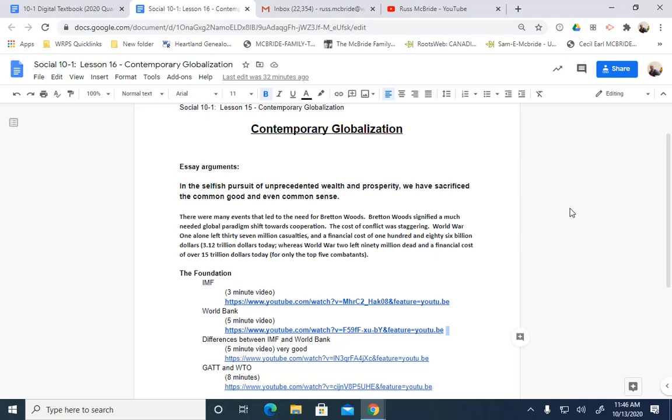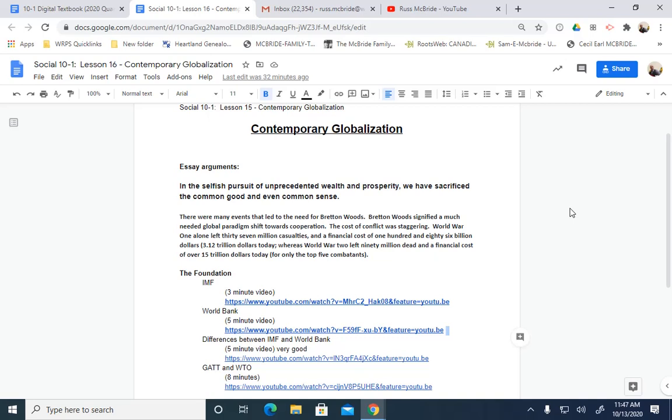So we're going to continue with contemporary globalization. We're going to look at IMF, World Bank. We're going to distinguish between the IMF and World Bank. When we leave here today, I want you to be able to know what the IMF and World Bank do. The textbook actually does an exceptional job introducing the IMF and World Bank in that Venn diagram on page 228. So I think you should be aware of what's already in your textbook before you take extensive notes here, because you don't want to be just writing down stuff that you already have a copy of.